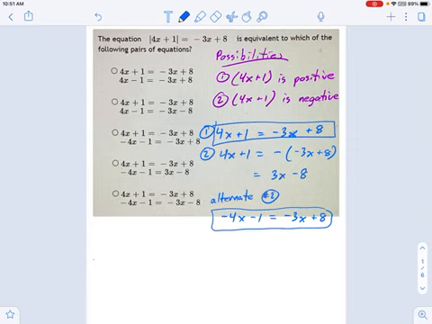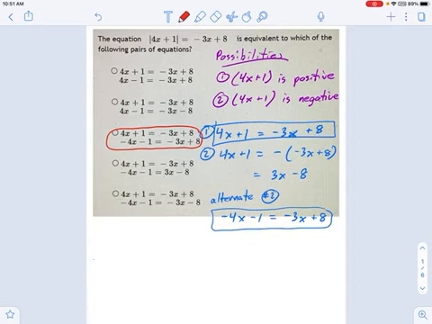If you take a look, there's a lot of negative 4x minus equations on the left side. And here is the one I want. I think we're looking at this guy right here. Let's just double check, make sure I didn't get that wrong. Negative 4x minus 1 equals negative 3x plus 8. Yep, and 4x plus 1. That's it. That's the one we want.